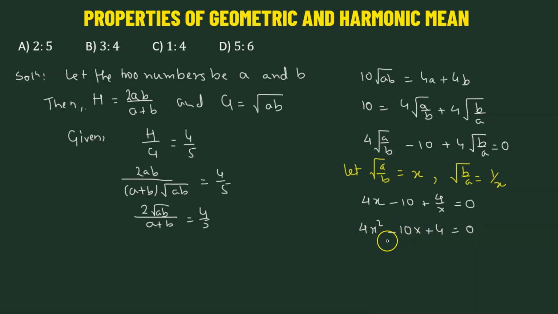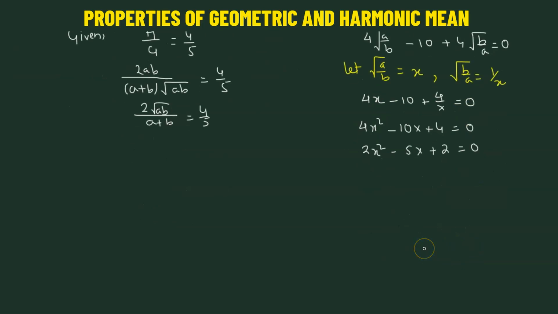Now each of the terms has a factor of 2, so we can factor out 2 as well. So we get 2x squared minus 5x plus 2 equals 0. Now that's a simple quadratic equation. We can split the middle term. So we have 2x squared minus 4x minus x plus 2 equals 0. Now factoring out 2x from the first and the second term,